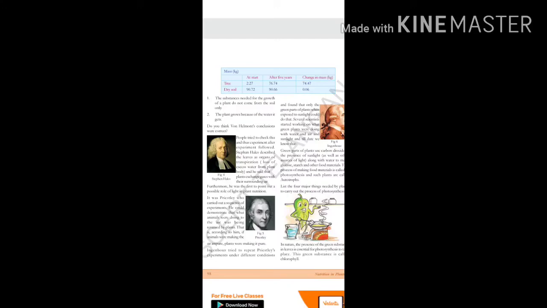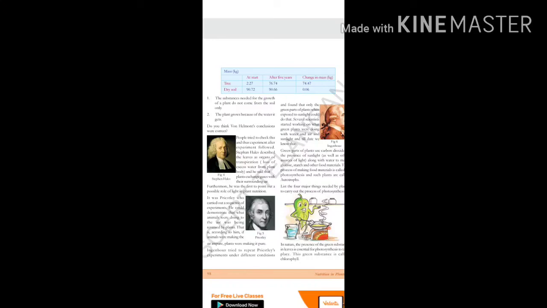So what does that mean? From the soil very little has been used up by the plant, and the mass of the soil decreased. But by using that little, that is the minerals present in the soil along with the water, utilized by the growing plant, it showed after 5 years a tremendous increase in the weight of the tree, that is 74.47. So isn't that amazing? The plant was growing just by using that soil, the minerals dissolved along with the water, and it was utilizing the solar energy.